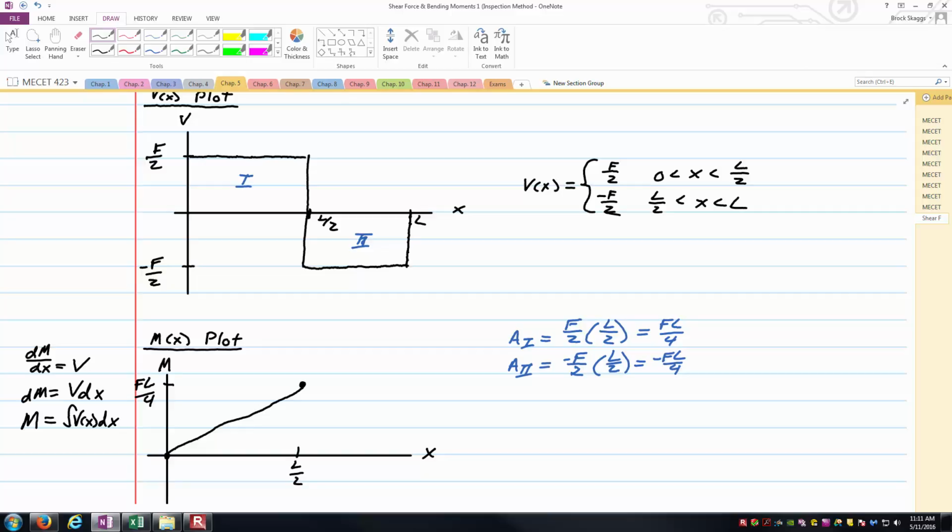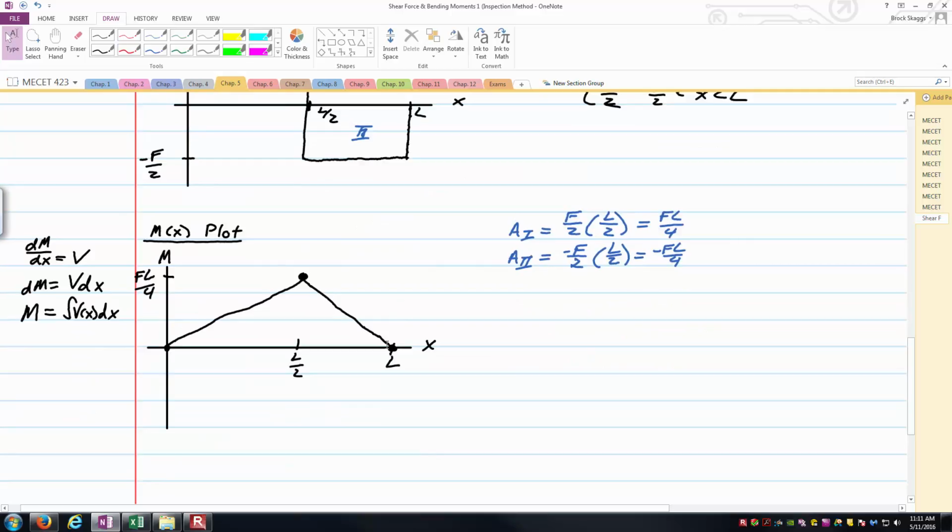What about the right half? Well, I'm starting out at a height of FL over 4, if you think. I've got to drop over the second half of the beam by area 2. That's negative FL over 4. So I'm going to get back down to the x-axis. And then how do I connect these two known points? Well, it's again integrating a constant to get a linear function, so another straight line there. And so just envision those, instead of having a little bit of squiggle in there, as just perfectly straight lines, nice linear functions. And so now we can just via inspection say, hey, the max moment is FL over 4,